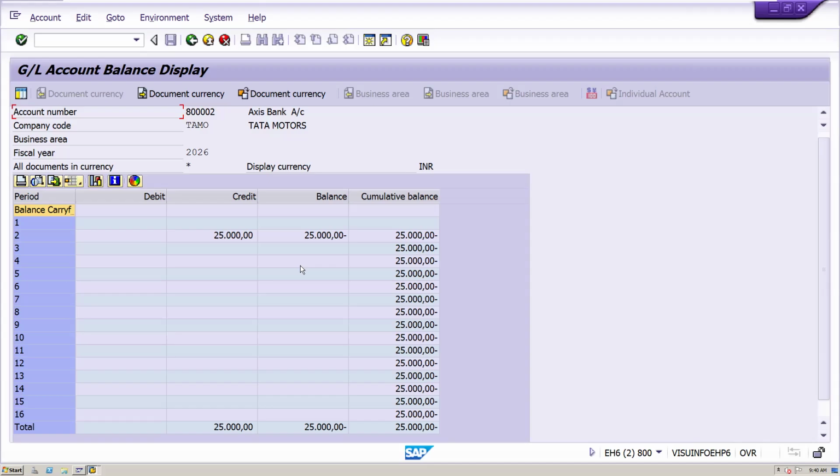Whatever you are practicing, the same thing you have to do, make the entries and prepare separate notebooks. FBL1N comes under line item wise, FS10N comes under balance wise, like that. So whenever you reach GL, AP, AR, everything you have to prepare notes and do the practice. Clear, everyone?